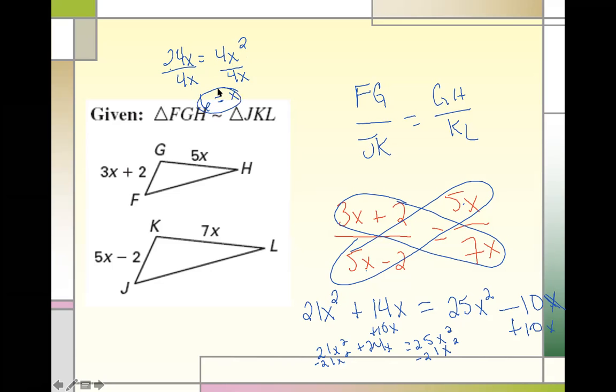That's how I'm going to find my answer, just by factoring out. It was just that simple. I don't know about simple, but